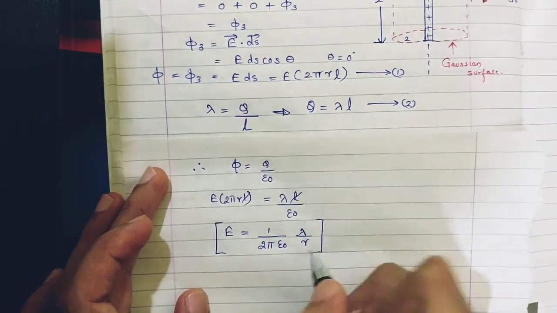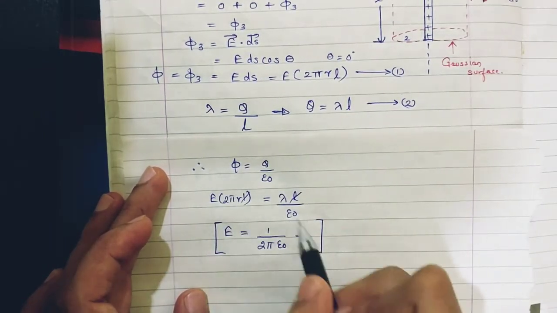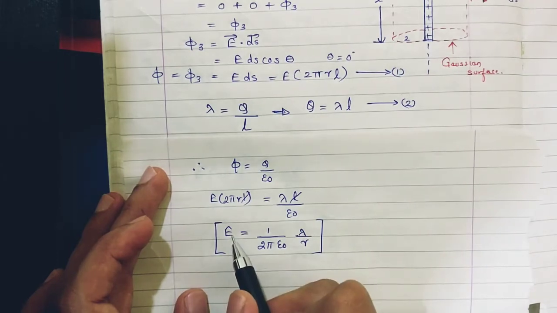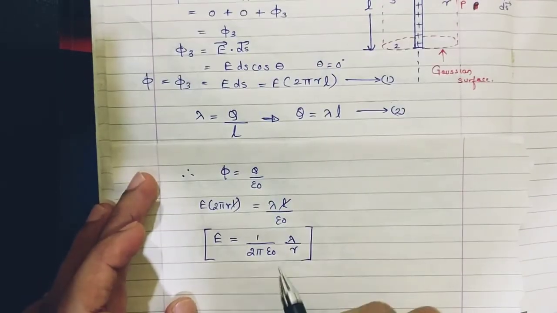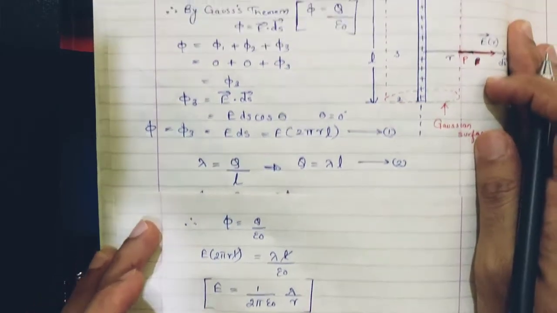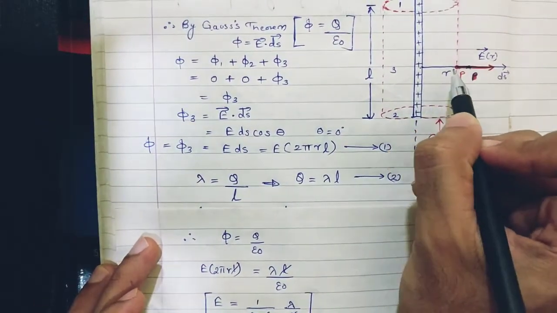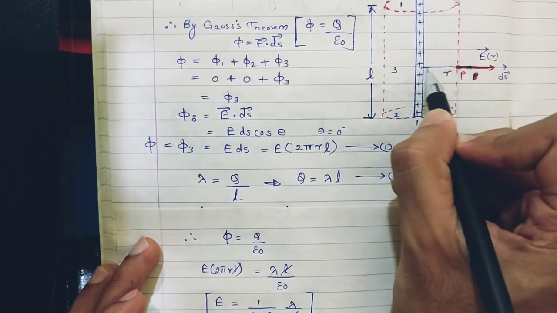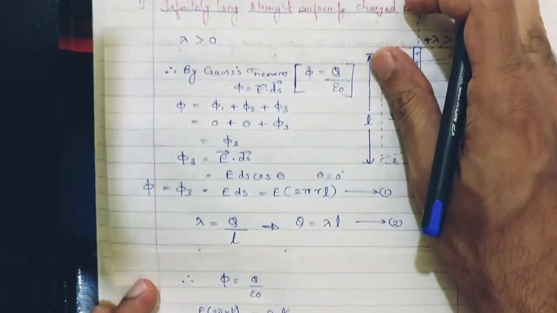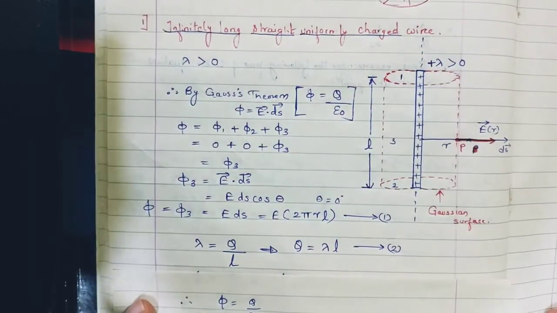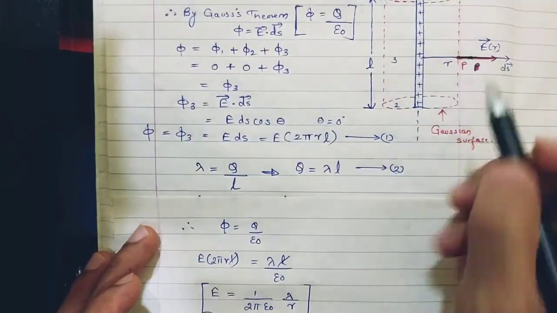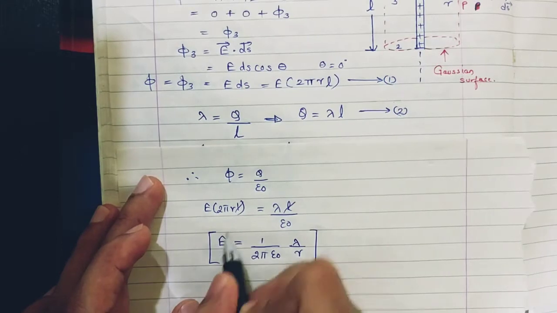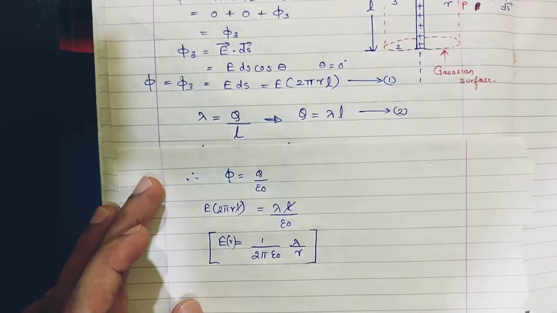I have just taken these terms down here and rearranged them. You get your equation for E. So this is basically your electric field at a distance of r, correct? If you see the figure, it is the electric field at a distance r, that is, at point P, from an infinitely long straight uniformly charged wire. Since we have denoted it as E r, you can put it as E r also over here. So E r is 1 upon 2 pi epsilon naught, lambda upon r.